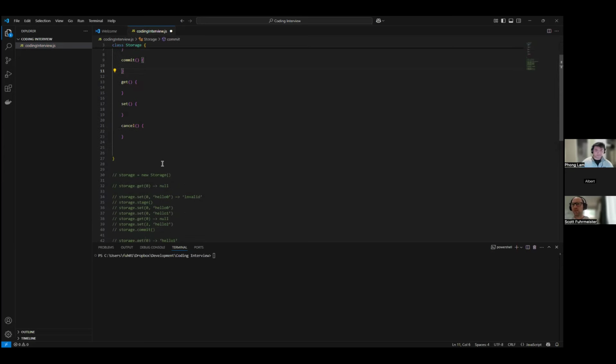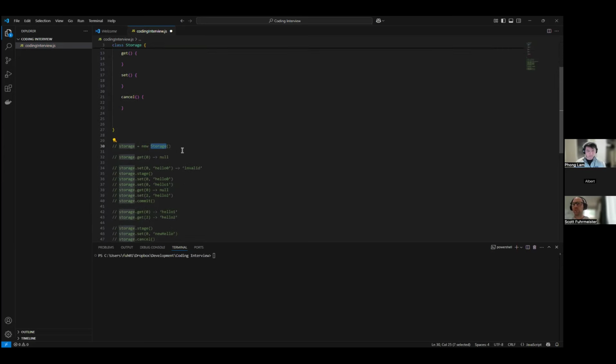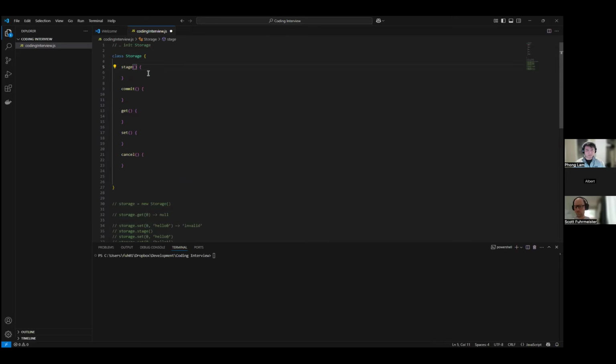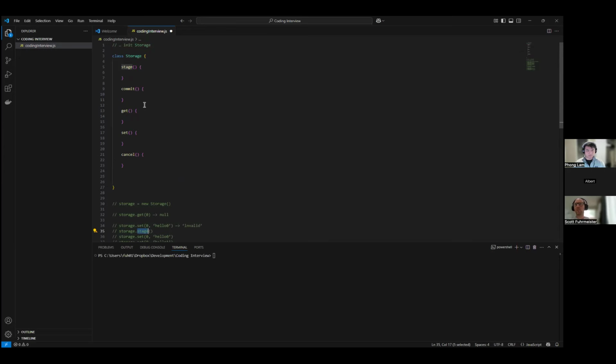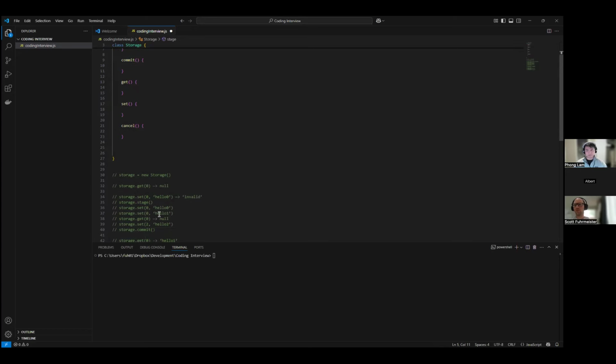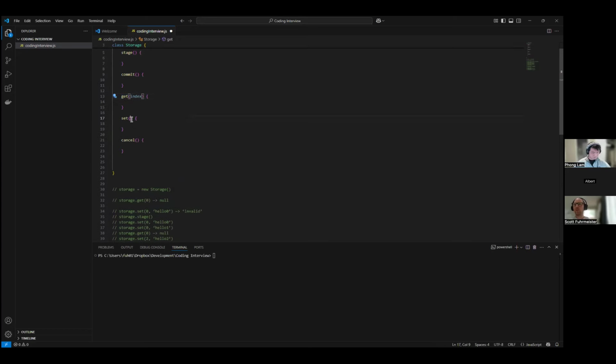And you've got an empty constructor. So we'll have to set, so stage is an empty array. Empty function, there's no parameters. So you've got get, we'll have say an index. The set will have an index and a value.